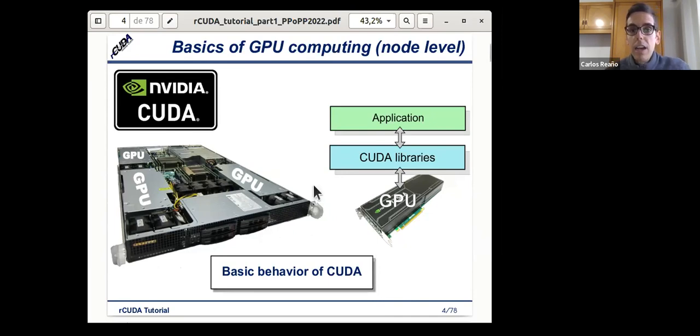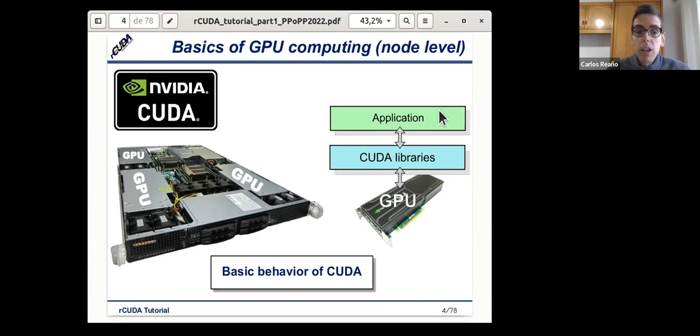Then we have an application which is running, and when this application requires being accelerated by a GPU, if we are using an NVIDIA GPU, we can make use of what is called CUDA, which is an extension of the C language.